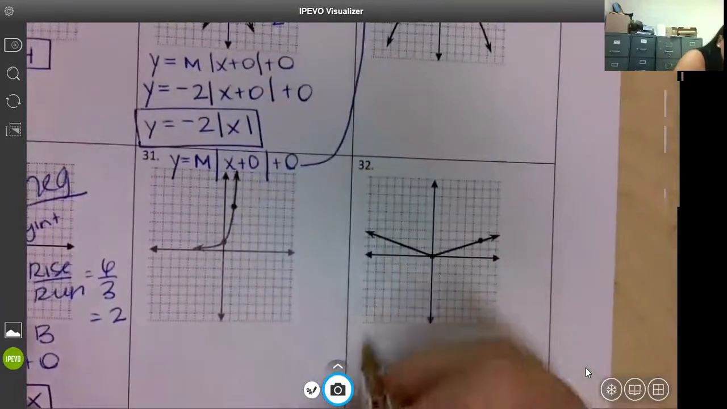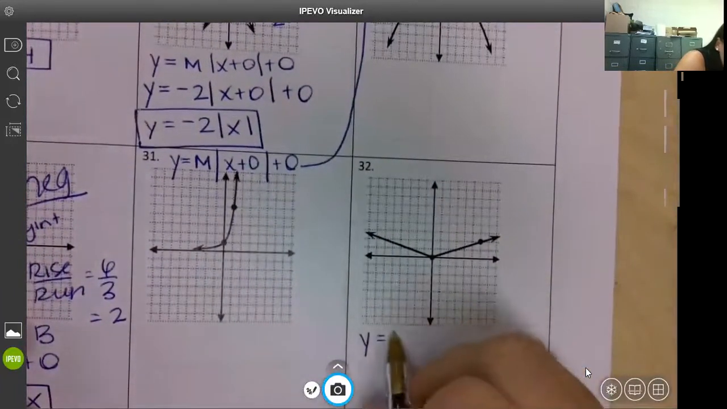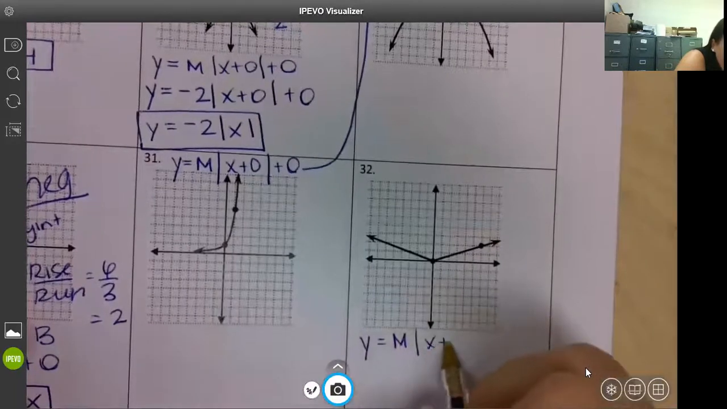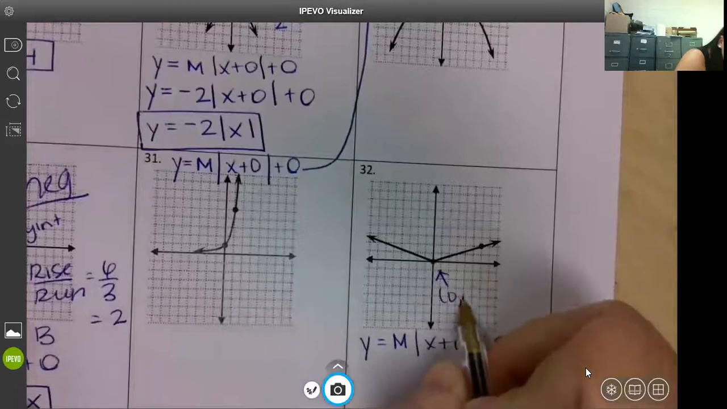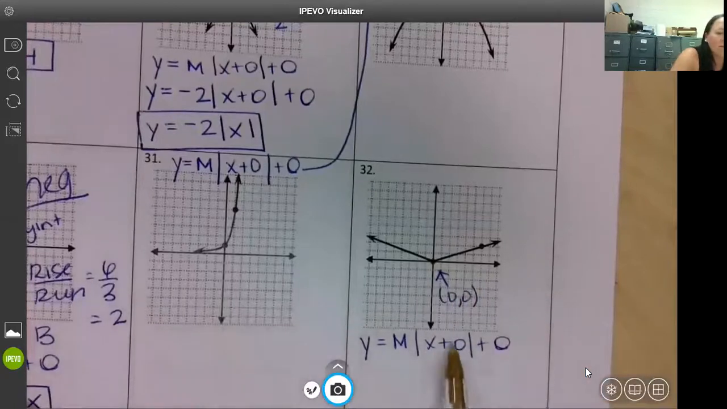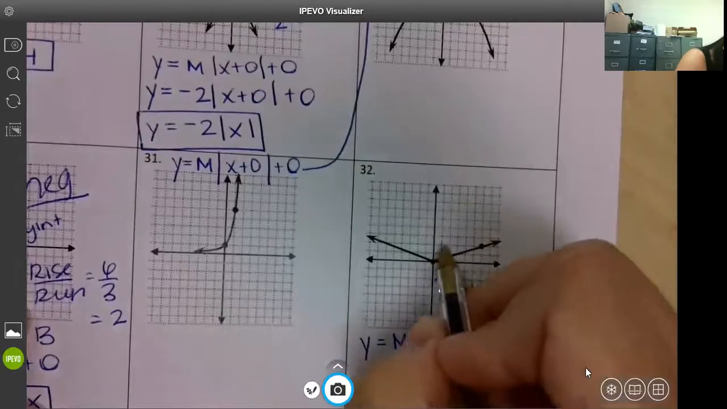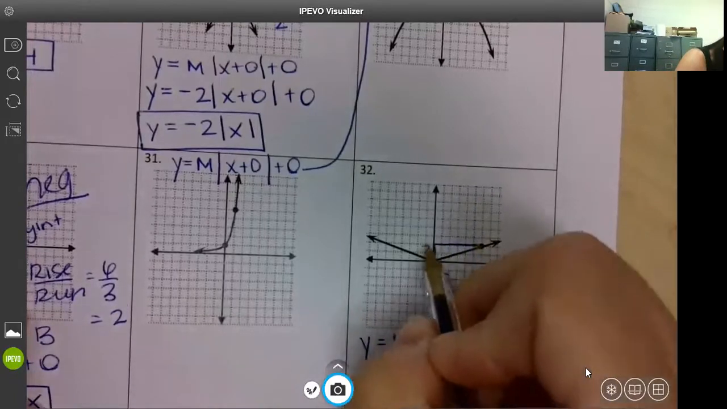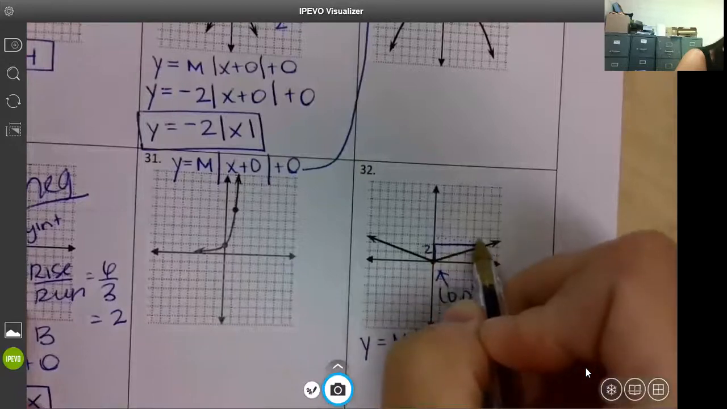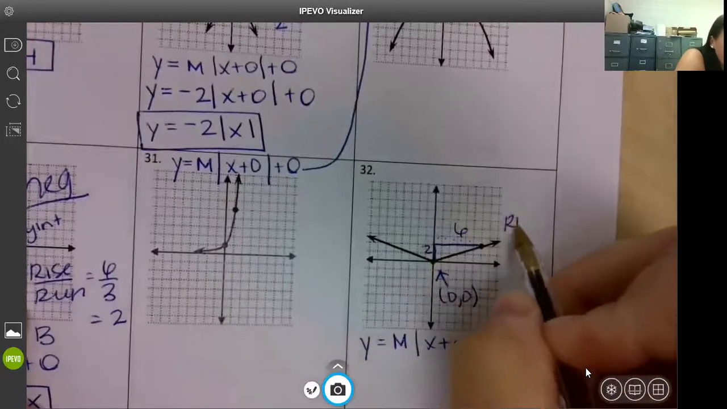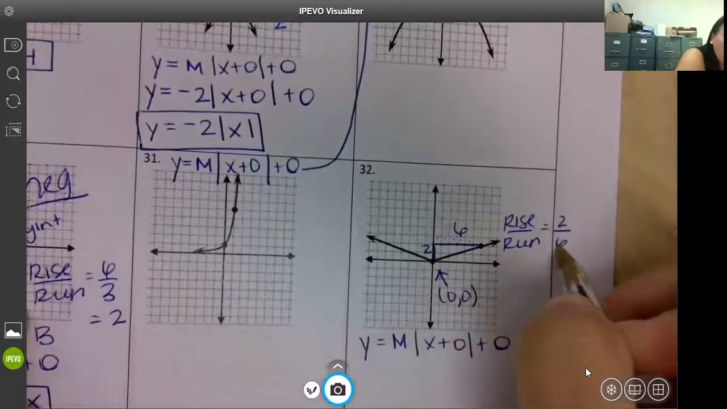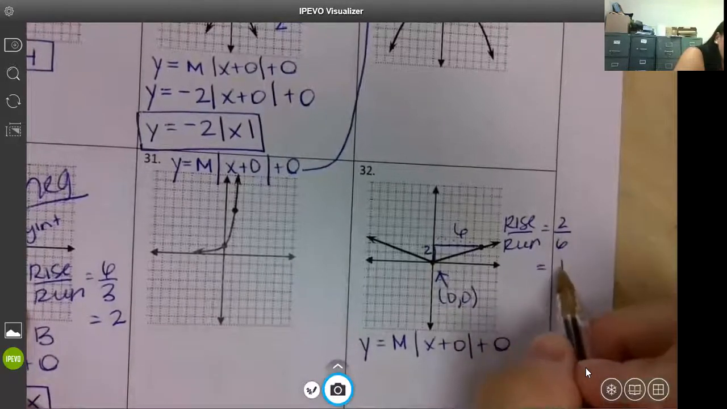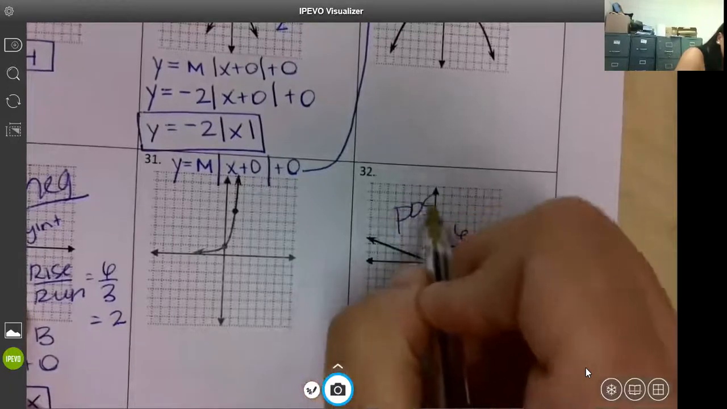Again, we're going to do y equals m times the absolute value of x plus 0 plus 0. And again, because the vertex is at 0, 0, that is why we're using these two zeros. So then we just need to find our slope, and we're going to do our rise over run. Our rise is 2, our run is 6, but that reduces to 1/3, and this is a positive graph, so